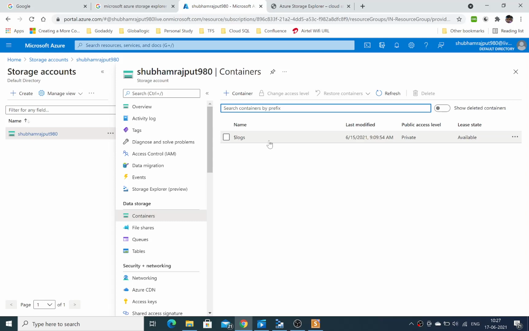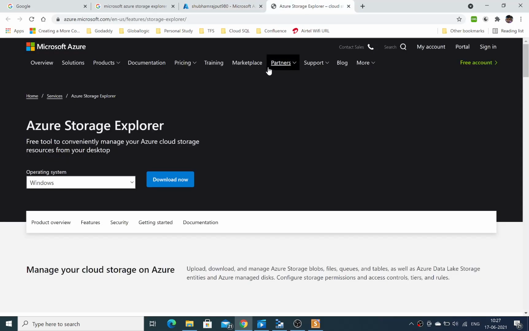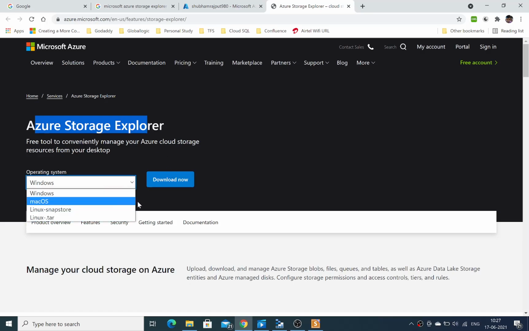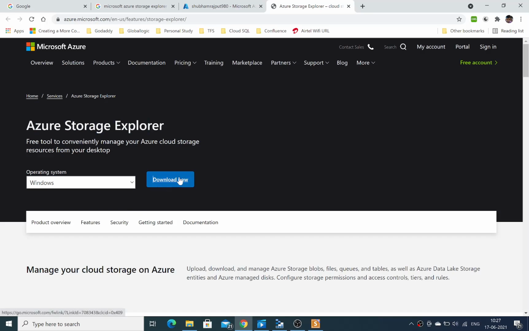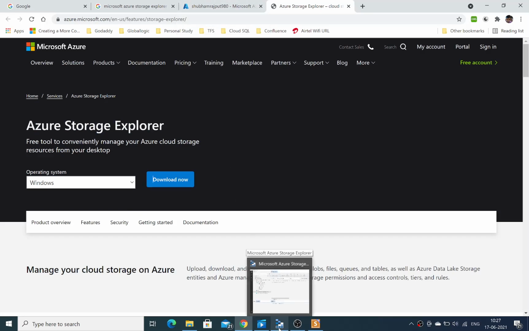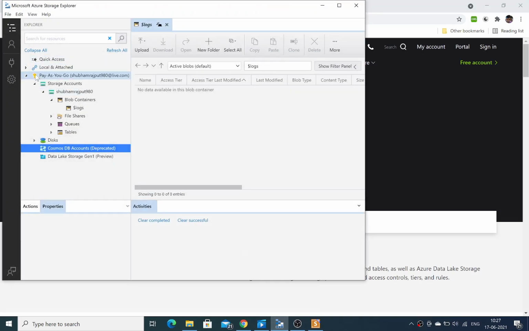So Microsoft created a Windows-based application, known as Azure Storage Explorer, and you can download it from here. This is the official link of Azure Storage Explorer. You can download it for Linux, Mac and Windows. Just download it, and when you open it,